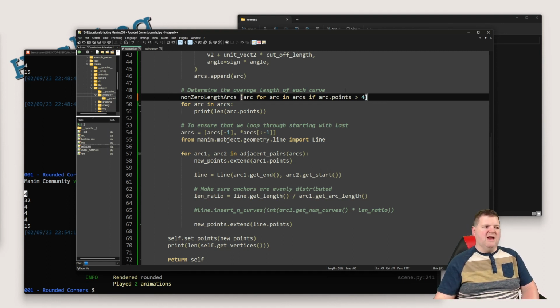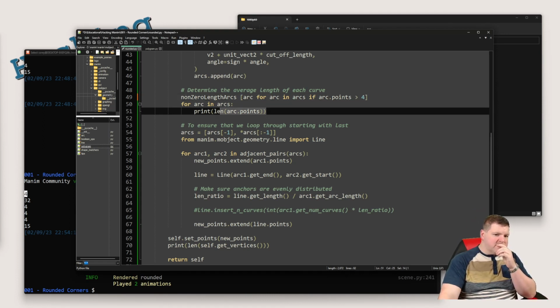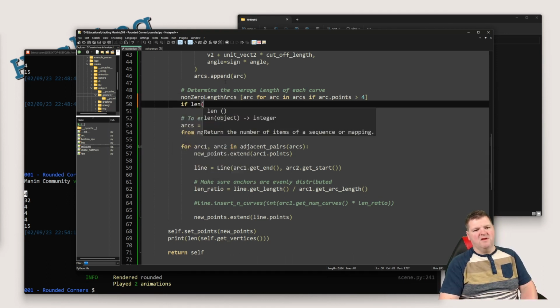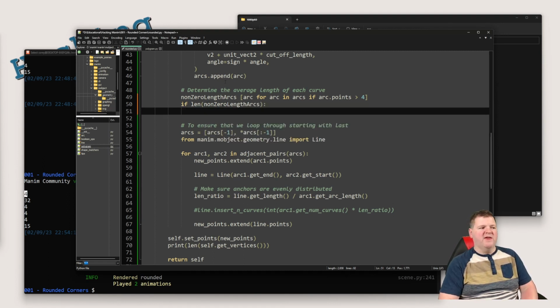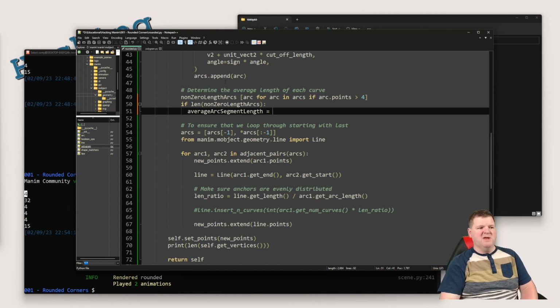Okay. Now, what do I want to do with that information? If I have some, then the average arc segment length is going to be